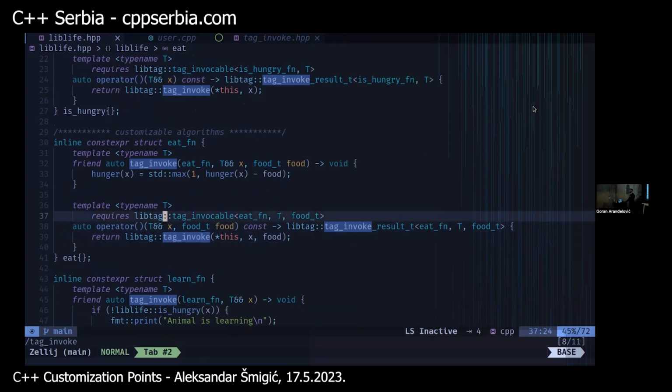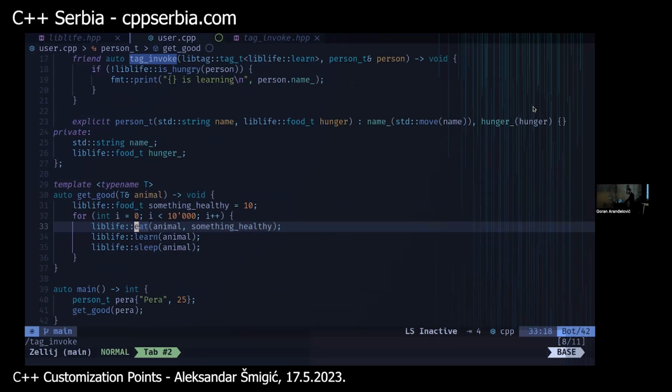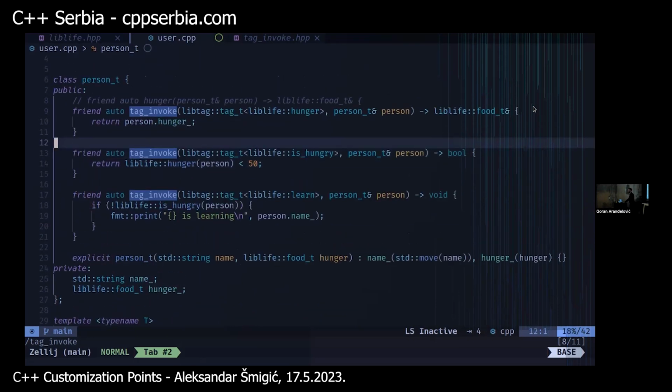You just hide it behind a macro, from the library definition standpoint. But for the users, it's the same thing as ADL. Like we have friend functions. Okay, it's not the same. We have the tag invoke here, but